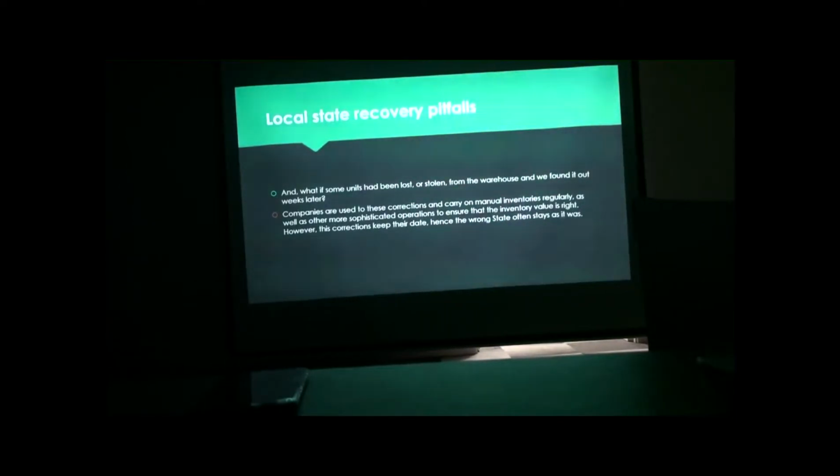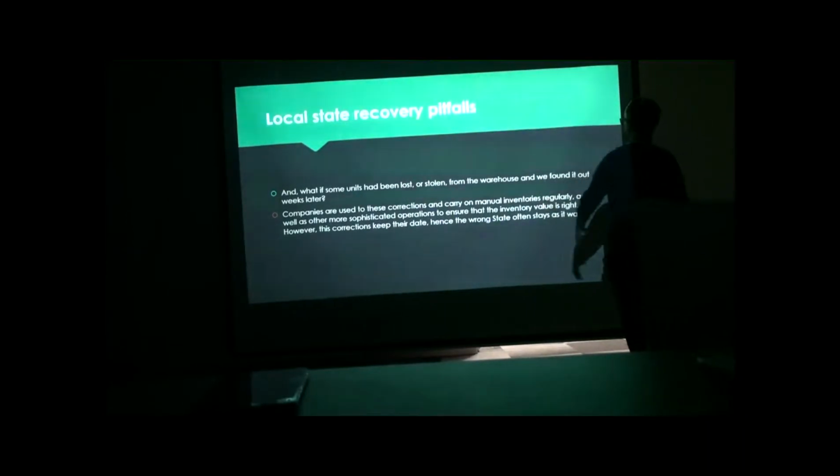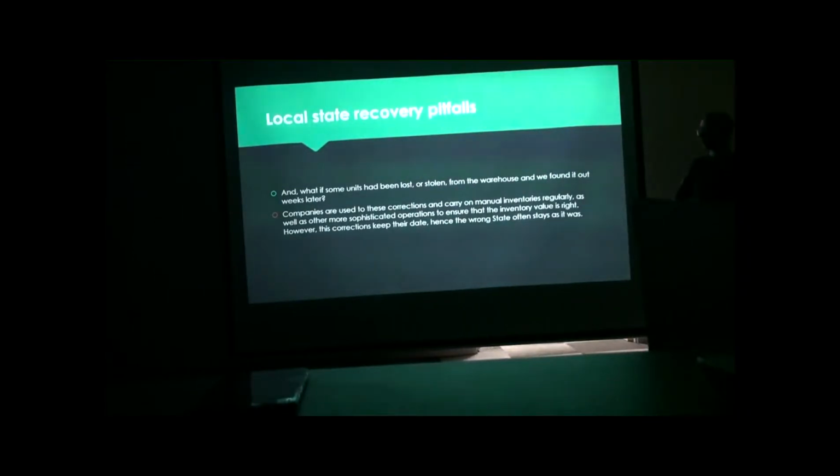But something happens as well. You might have units lost or stolen, or you wrongly counted them. People in companies used to correct wrong information in the database they have. So you probably need to produce new events when this happens. The problem is